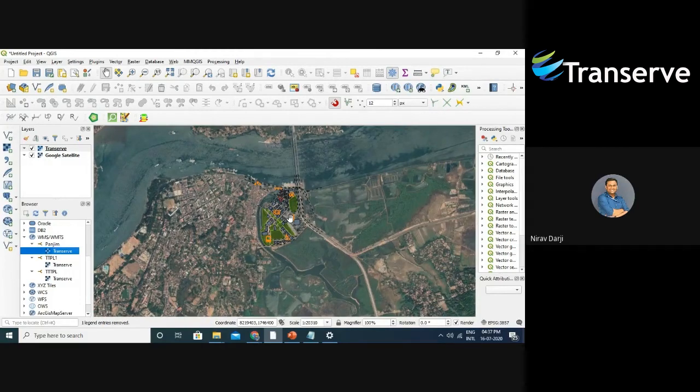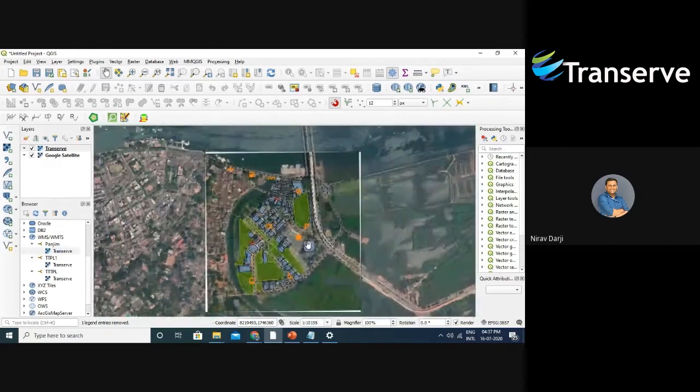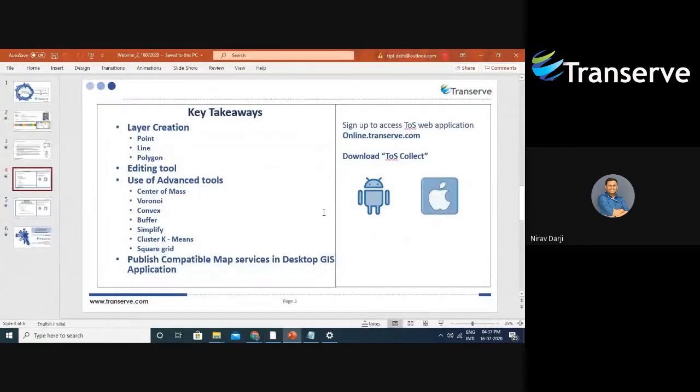And we normally use this kind of service when most of the people are working from home. If my team is working in different regions these days, and there is any quality check I have to do, I do it on the basis of WMTS, to see what sort of work they have done. So that's it from my side.